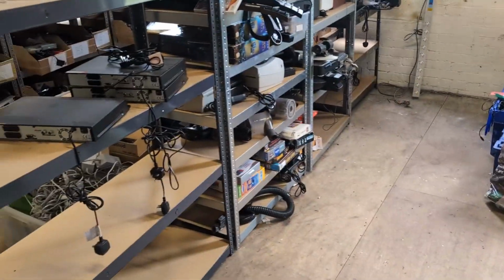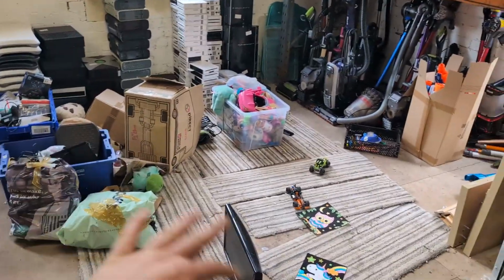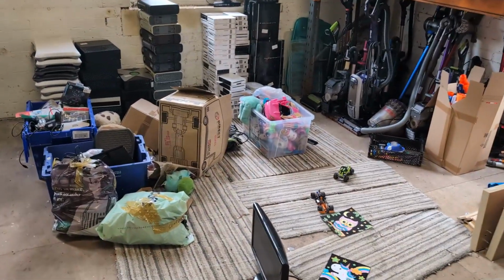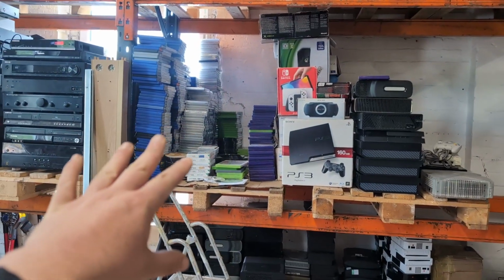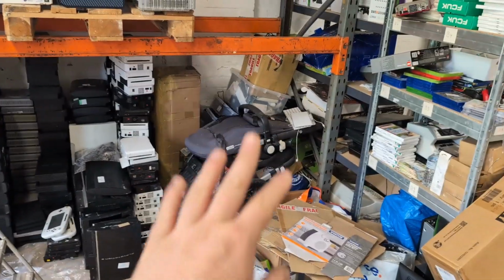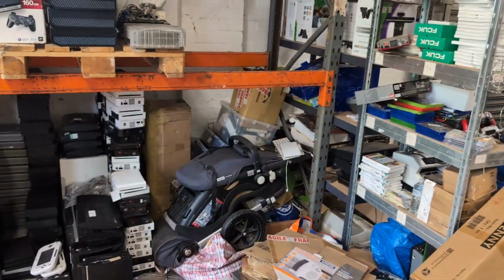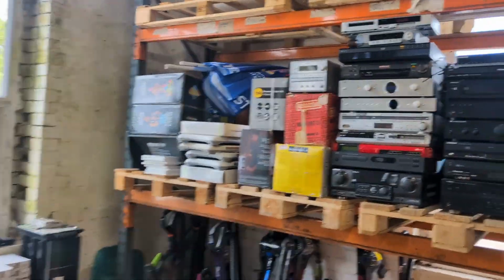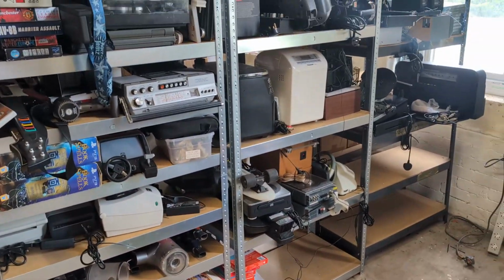Every single thing has a place. It's like all the broken stuff, my daughter's play area, temporary, because ideally I want to get another one of them here. All the packaging on the top, all the rubbish stuff there, all the decent consoles, all the normal consoles. That's just like the dumping ground. Ideally I want another pallet there so I can sort that bit out. Everything here is listed, that's big and able to be stacked, and then that leaves everything here that's also big, that's not stackable, can go there and not take up